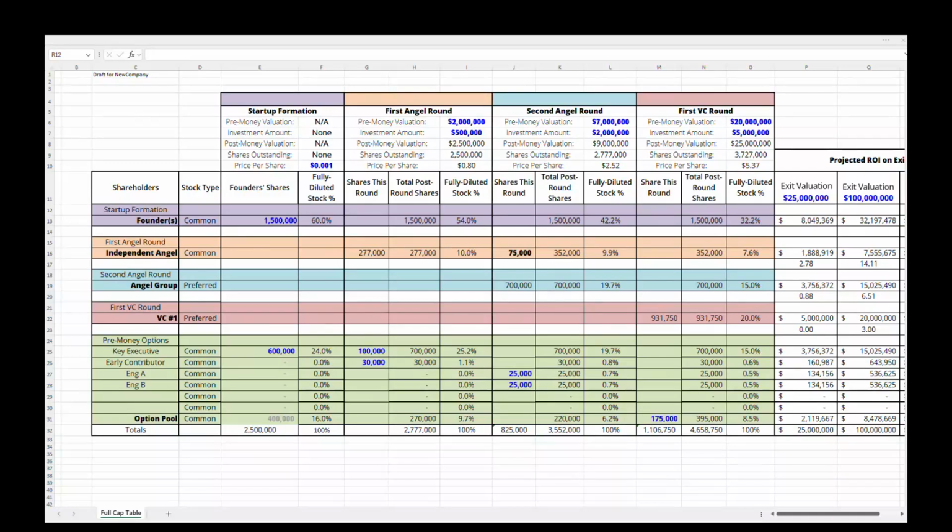So this is a spreadsheet. It's a pretty standard spreadsheet that's been out there for a while. I've had this in my possession for over 6 years. But have you ever heard the term cap table? No, I haven't. Okay, so that refers to the capital, like the money, that's required to start a small company